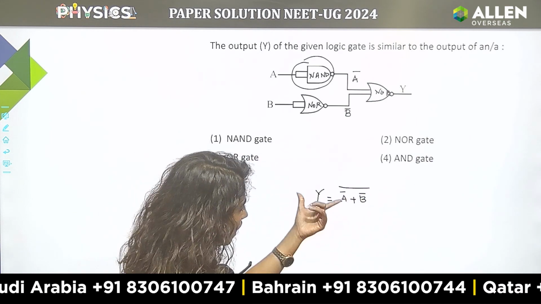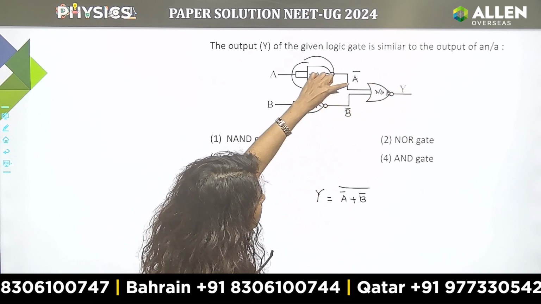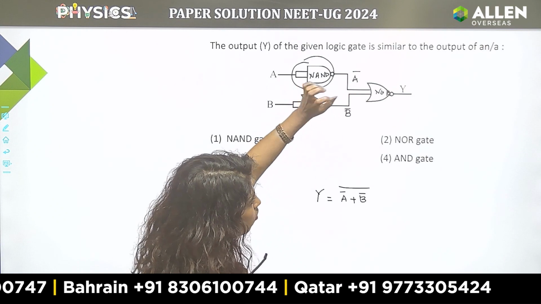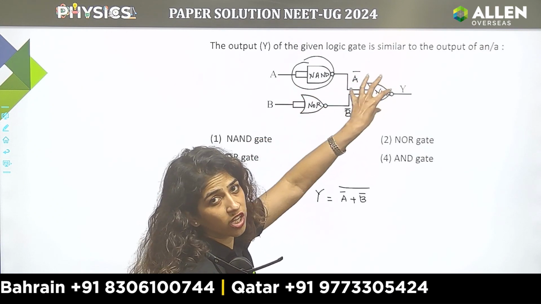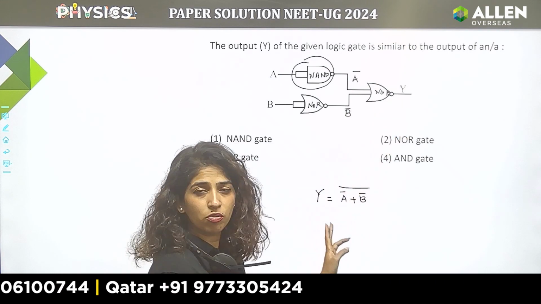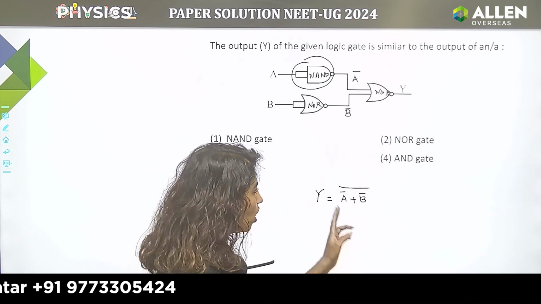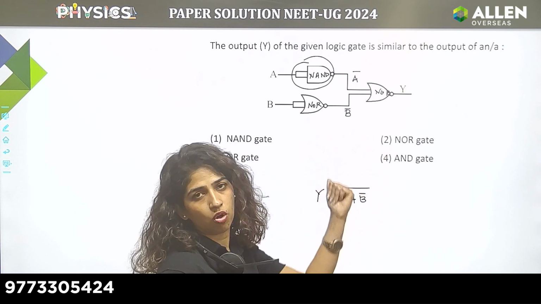What I am writing, I am just writing the equation for this particular gate. What are the 2 inputs? A complementary, B complementary, and we have a NOR gate here. NOR gate is complementary of plus. Y will be equal to A complementary, B complementary, plus sign, which indicates OR, and this complementary is NOR of,